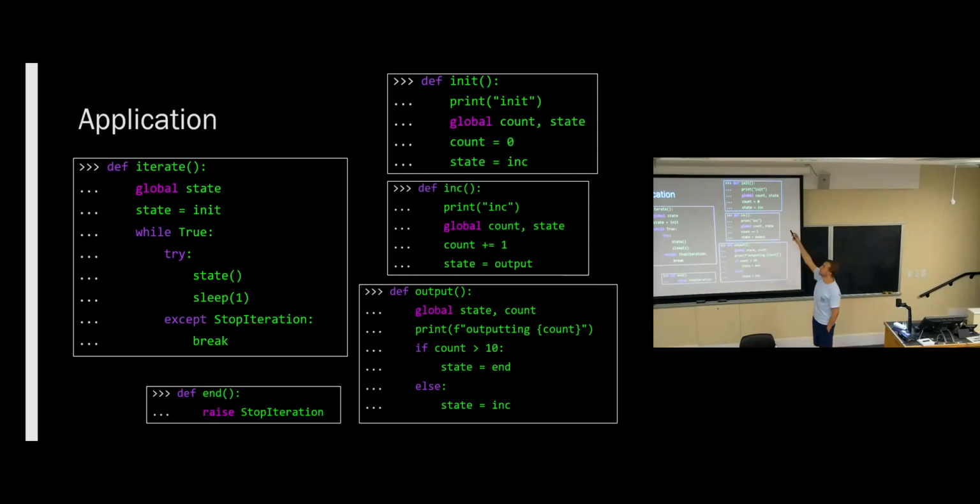So in that init function, if I hadn't said global count state, then setting count equals 0 just makes a local variable, and it wouldn't be visible in any of the other functions. That's the other reason why this solution is pretty bad: it's creating a bunch of global variables, and you can tell by the number of times I had to say global. So you would definitely want to wrap this into a class or something so that these variables are actually fields of some object.